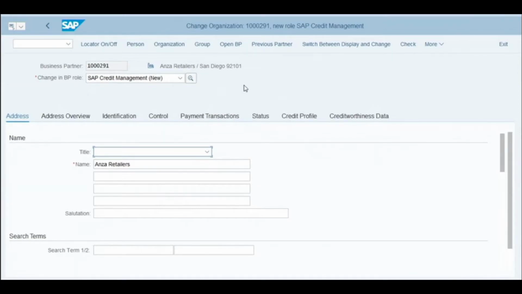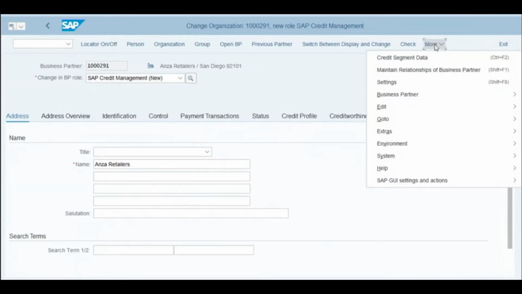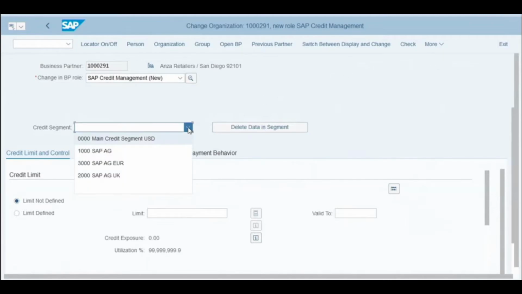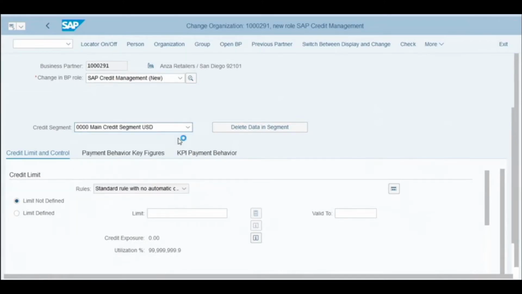To do this, we will click on more and now click on credit segment data. Then on this screen we will go to the credit segment field and click on the drop down of credit segment field and choose main credit segment USD. This customer currently did not have credit limit defined. Now click on limit defined radio button and we will write here the limit 10,000 US dollar,